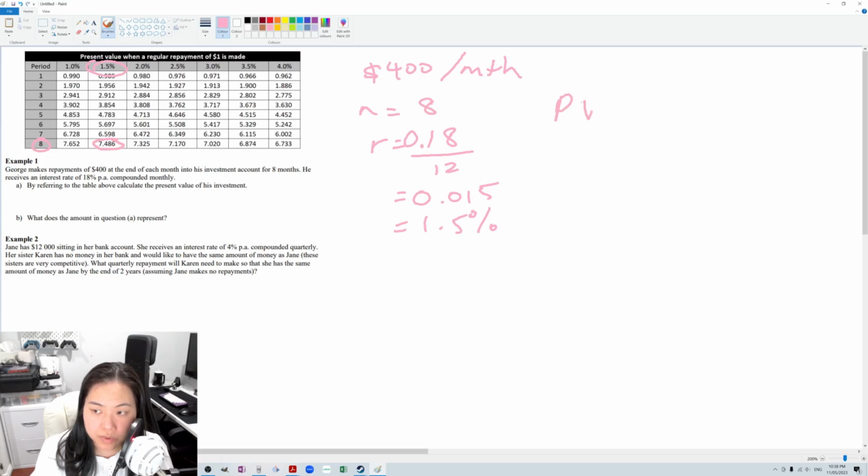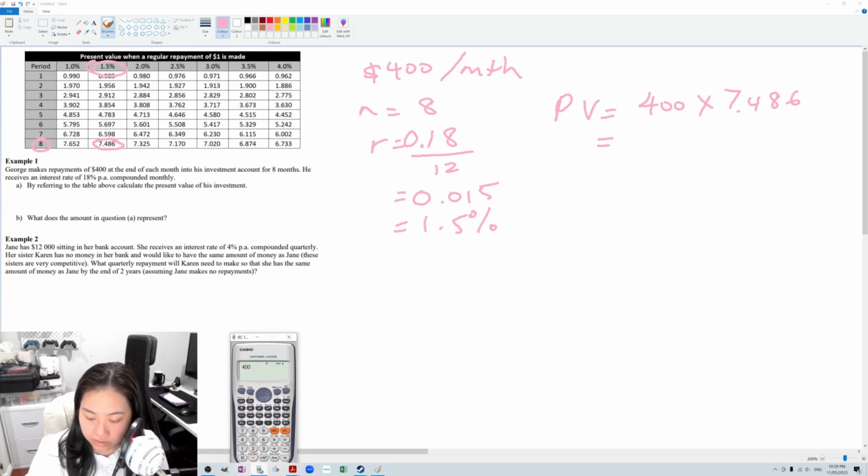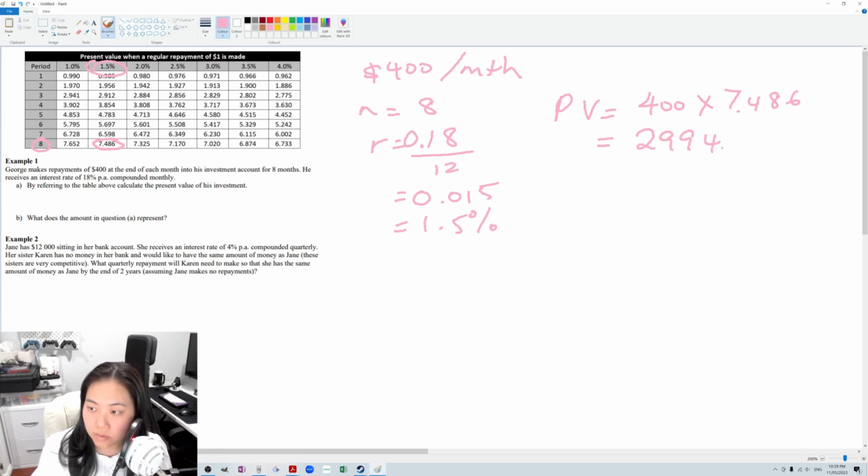That means we can work out how much he needs to have right now instead of this monthly payment thing. So the present value is going to be 400 times 7.486. And the reason why we do that is because this table is for $1. You times $1 by 7.486. And since he's making a $400 each month repayment, we do 400 times 7.486. So he needs $2,994.40. So he needs almost $3,000 in his